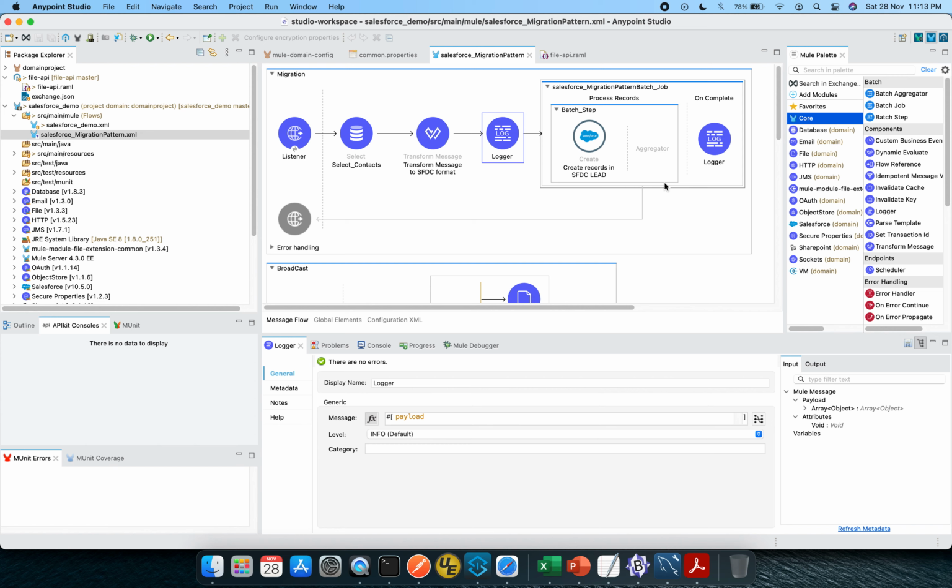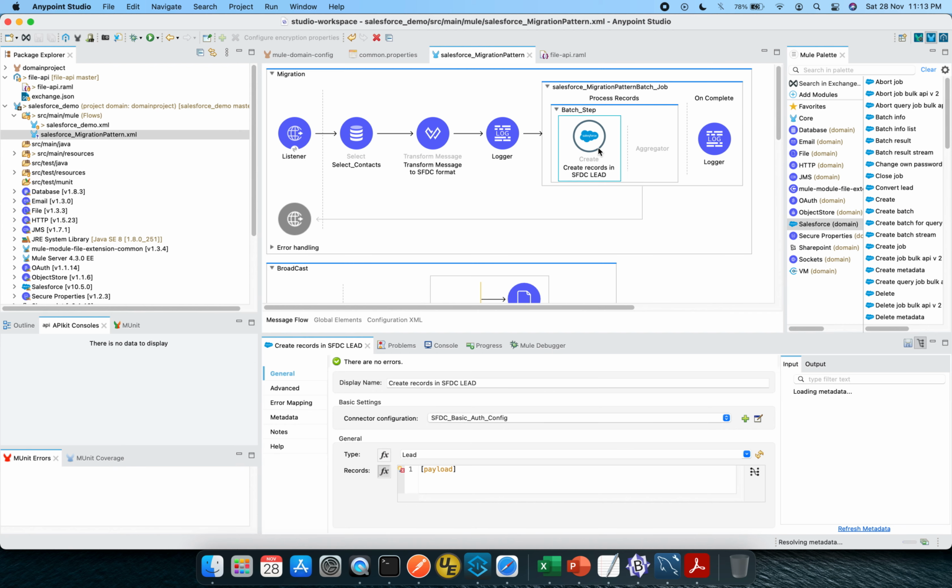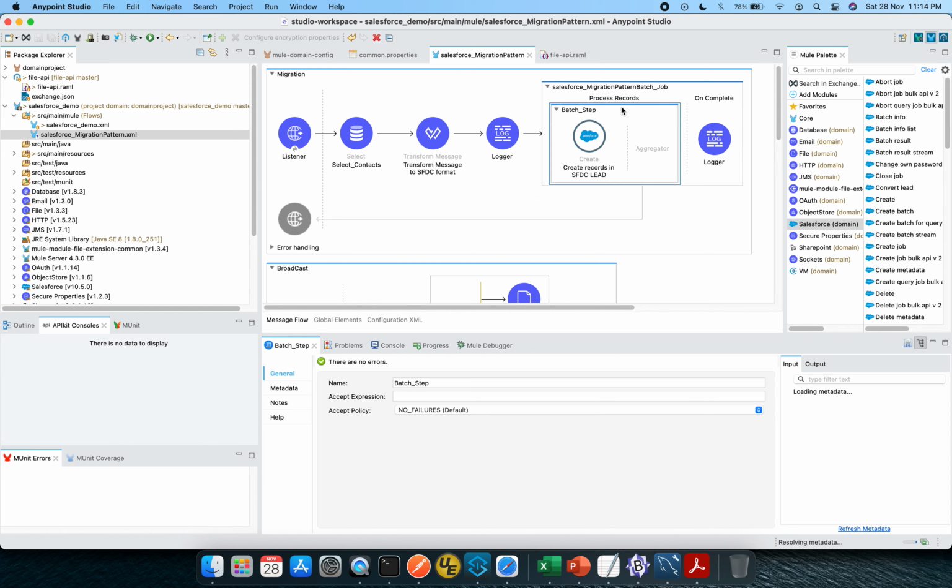It comes with a batch step, and I have placed this Salesforce create onto the canvas, configured with the type as lead and records as an array of the payload. During the execution of this flow, I will let you know how it is going to work, and the rest of the things are quite simple.